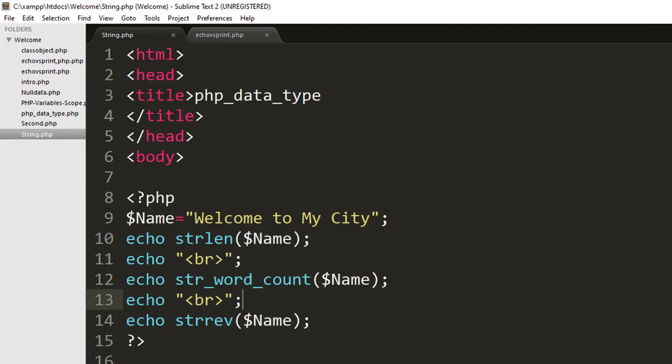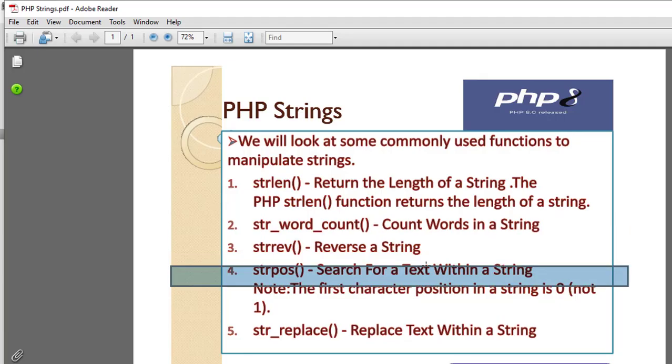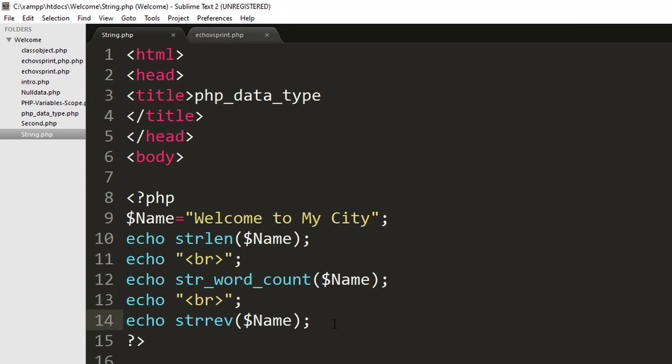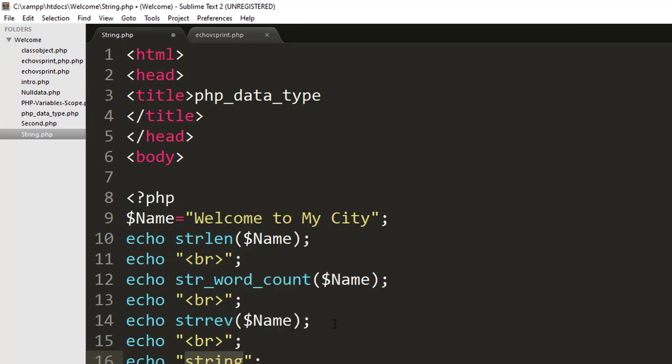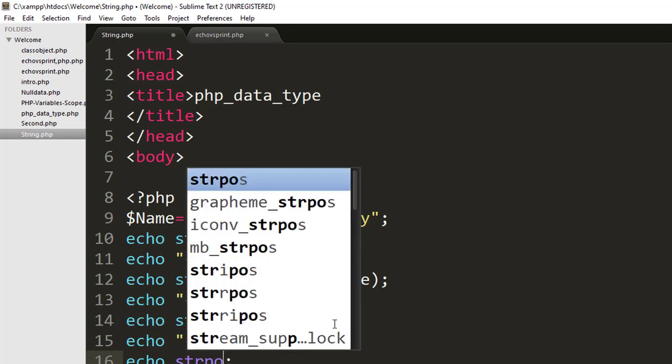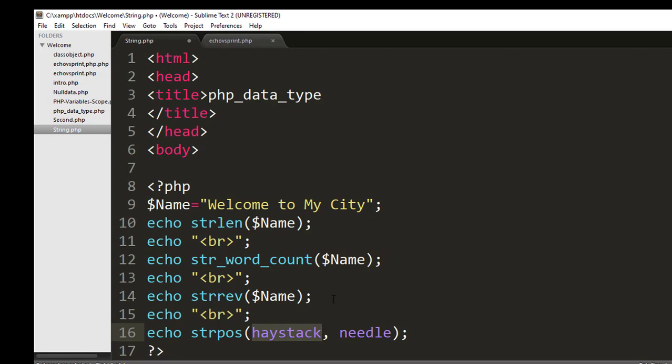Next, we'll discuss strpos. It is used to search for a text. Note it down. I'm using a break tag again, then echo strpos.